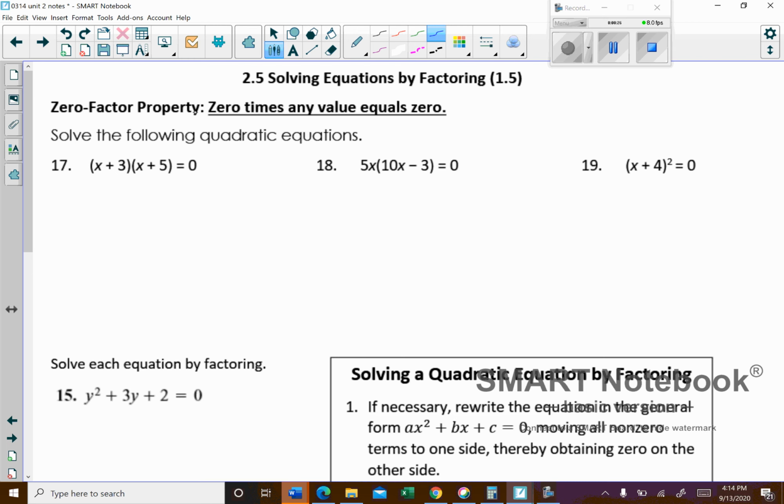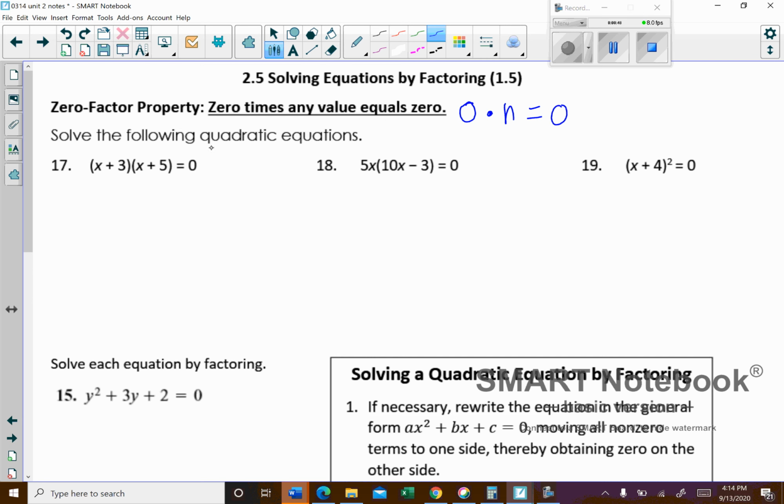factor property. The zero factor property basically is that 0 times any value equals 0. So basically, if you take 0 and multiply it by any number you want, it's going to equal 0. And that hopefully should seem pretty obvious, right? 0 times anything would be 0. So the way that's going to help us out here is if you look at our first example right here,